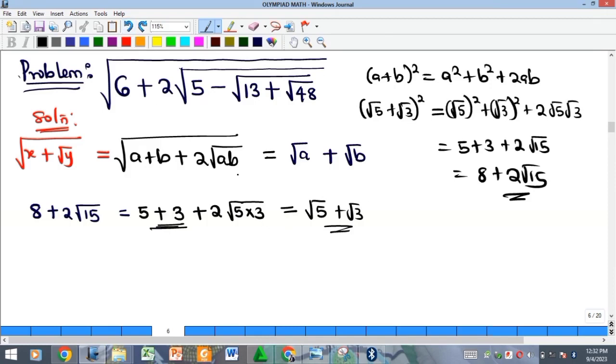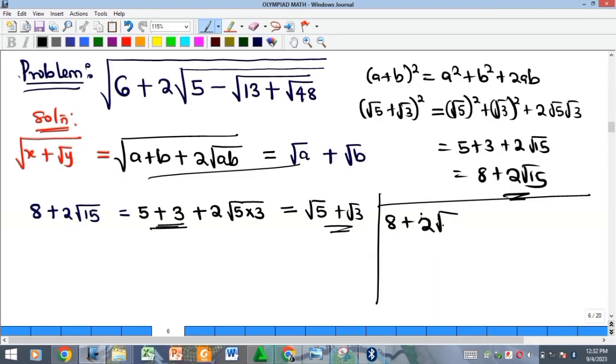And if it happens that you would not remember this, here is another approach to go about the second method I just showed. You are given 8 plus 2 root 15. All I would want to do is to see a way where I can split this root into 2, and the simplest thing to do is to split it into root 5 times root 3. And when I do, remember that there is a 2 here, and I will ask myself, what is the square of